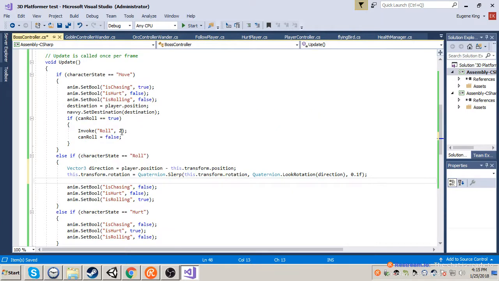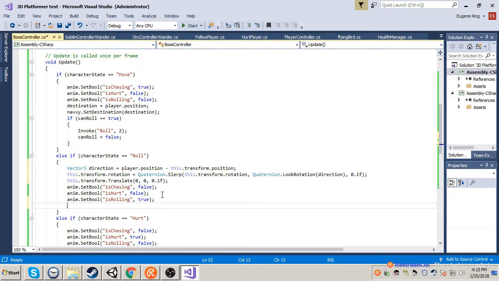I don't know if it'll work. Okay, what we want to do is can roll equals, oh,